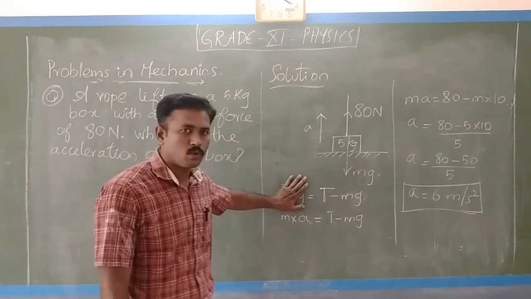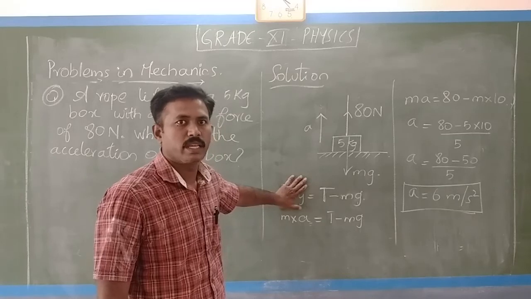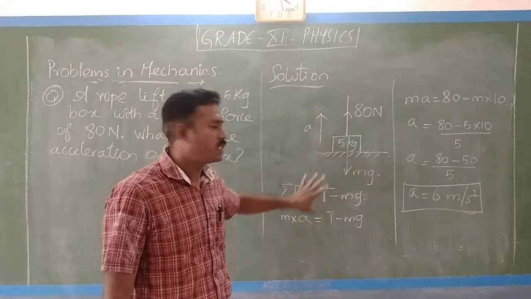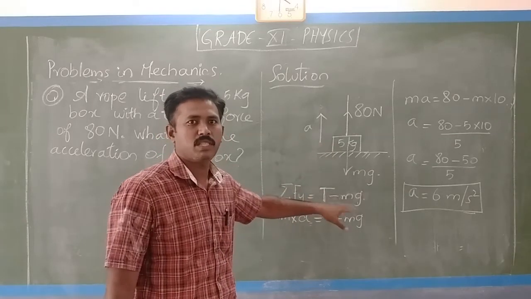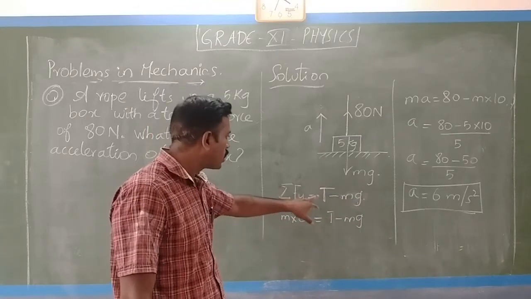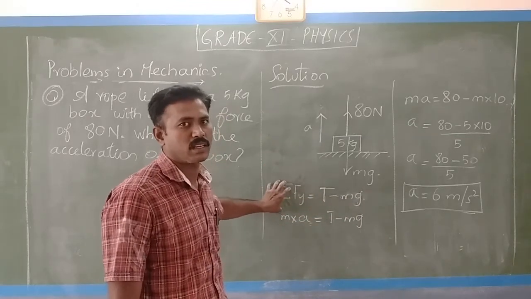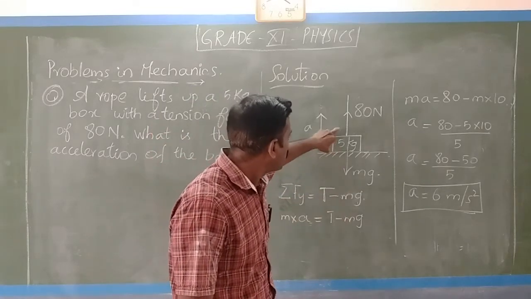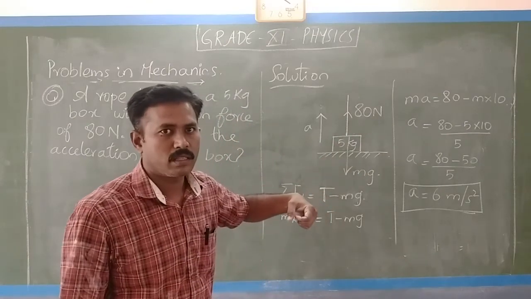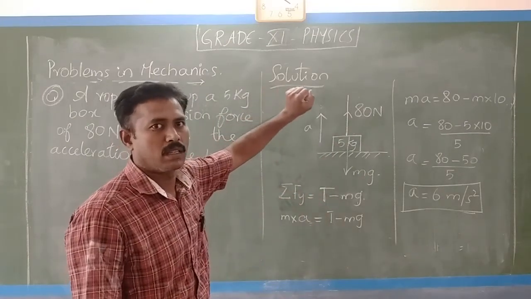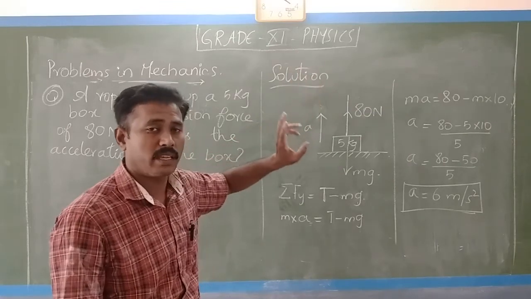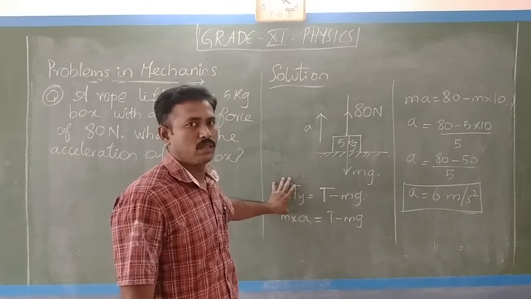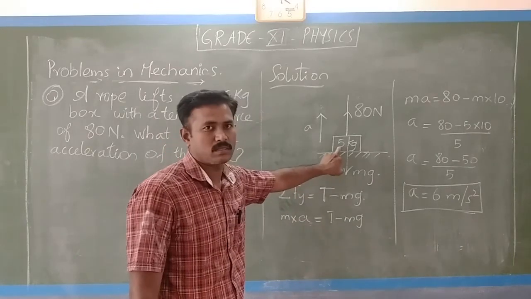So if there is no movement, this will be 0. If there is no movement, that is, if it is balanced, this will be 0. Okay, T minus mg will cancel. Okay, because I am giving force, what happens? Here acceleration happens. What is the theory here is, if I am giving force on that rope, what am I doing? I am giving acceleration to the 5 kg. So this left hand side is not 0. There is an acceleration on this mass.